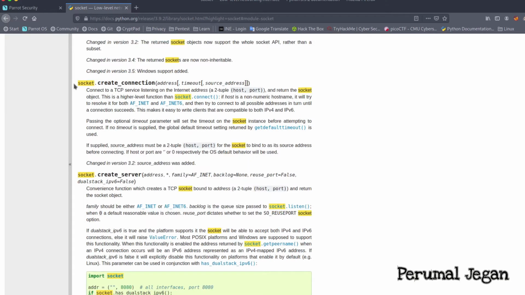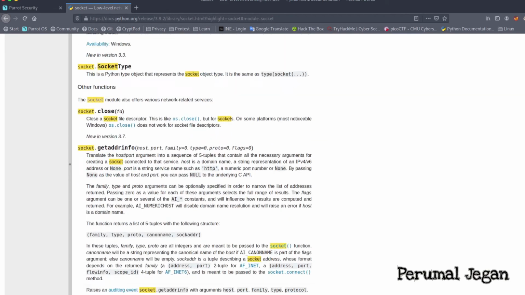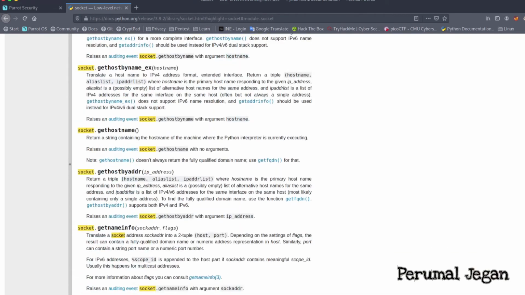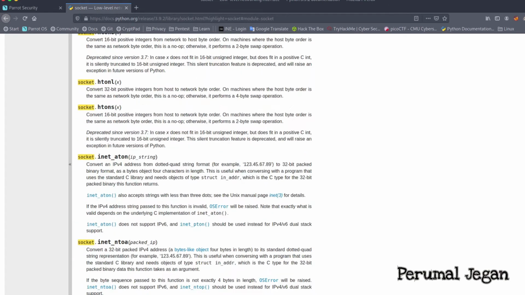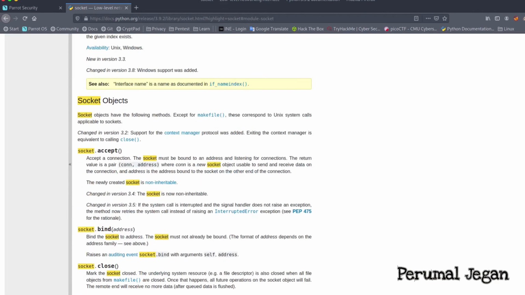And a function to create a connection. I'm just scrolling down. I'll be able to see multiple programs, multiple functions here. Here are the socket objects. When I give socket.accept, it will accept the connection.